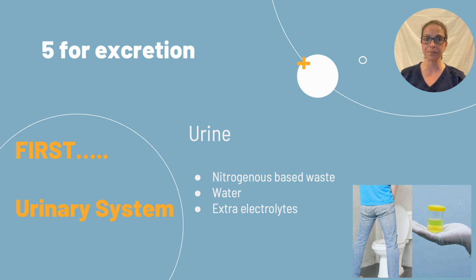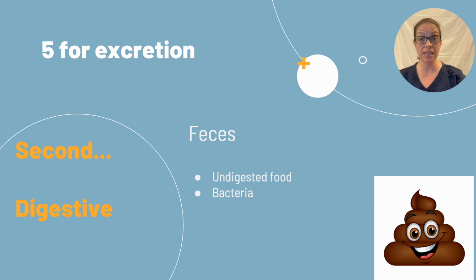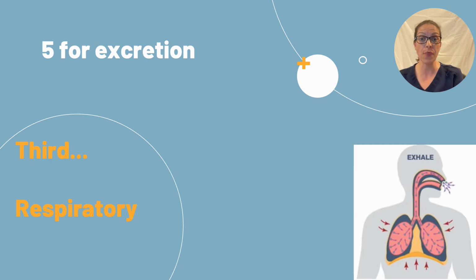Really important. The second, it's going to be the digestive system, and it's going to get rid of feces, poop, right? And this is going to be undigested food. It's going to be bacteria and dead cells. So that's what basically poop is made of. The third,